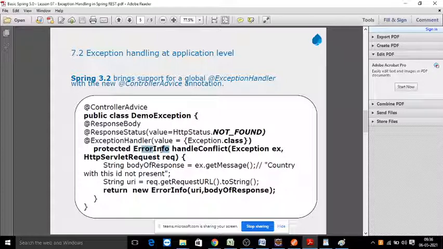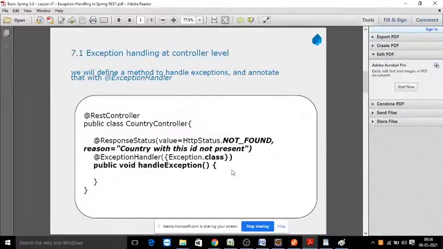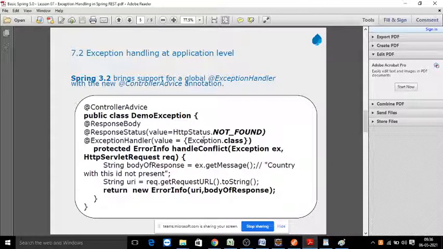Suppose you don't want to use this ErrorInfo class, you can directly return a string type, and you can display the message of ex.getMessage. In the previous case also, let us say you are giving the reason, so that message is getting displayed. But in a controller advice class, you are displaying your error message in a better way. You are handling the exception type, and ex.getMessage will take the message given by your exception class, stored in a string, and you are going to store it into an object called the ErrorInfo object. This is your exception message.